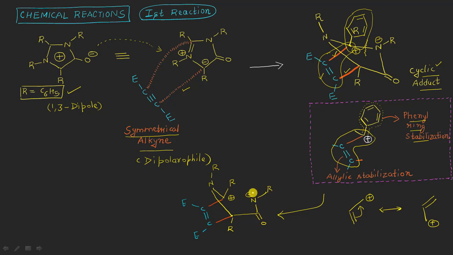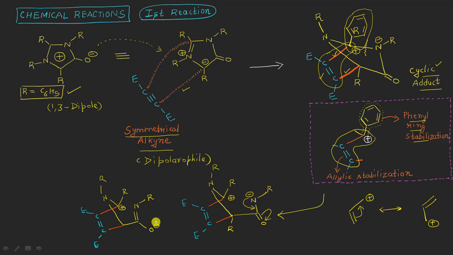So now this negative charge will undergo resonance in this way, sending these electrons onto the oxygen atom, such that now what we will get here is a single bond. This will now become a single bond oxygen negative, a double bond here with this nitrogen, to which this R group is attached here, right? And the rest of the molecule is present in this way. I mean, R here, positive sign on this side, these two red bonds like this, and then the blue carbon, double bond carbon having these E groups here, right?